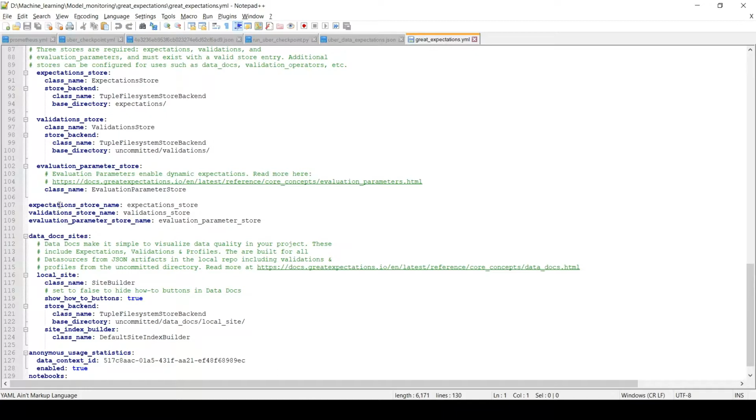Okay, because here you can see that data docs are stored within the uncommitted folder, right? So everything has been stored within the uncommitted folder, validations uncommitted folder, and we can make a change to store it within my AWS S3 location, because here the class name is file system store backend, right? But for cloud storage, we'll have a different class name for storing it to the appropriate storage system.